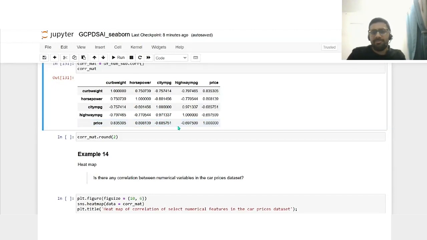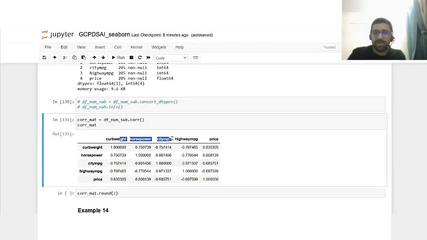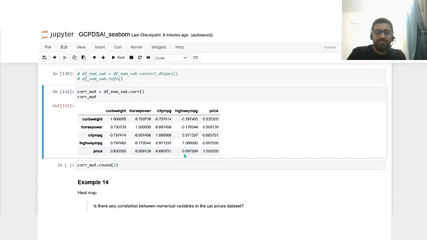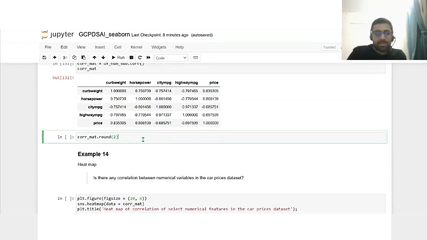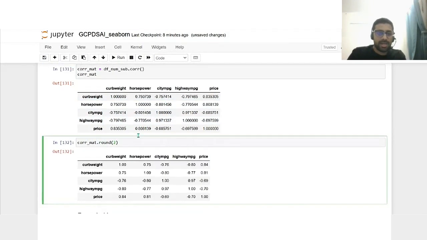Now, none of my values are zero correlation, because clearly, with these things, car weight, horsepower, there will definitely be some correlation between these features. But this is the smallest I can see, and it is negative. So now the question is, and if you don't like all of these values, just do df.round,